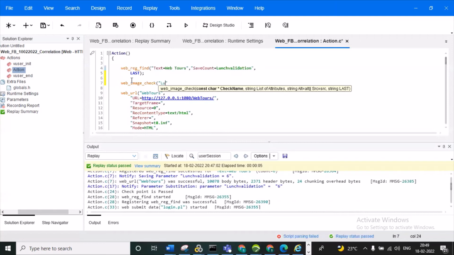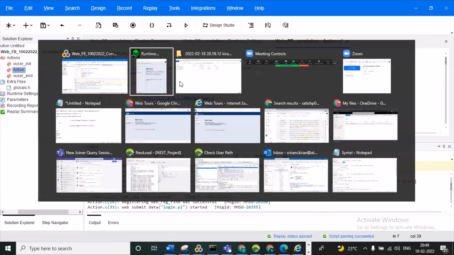Some LANCH I'm giving, and after that a comma, we need to give the SRC, in double quotes, with a colon. Here we need to give the SRC. For example, we are doing it for the